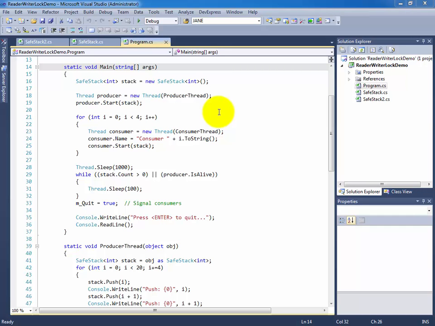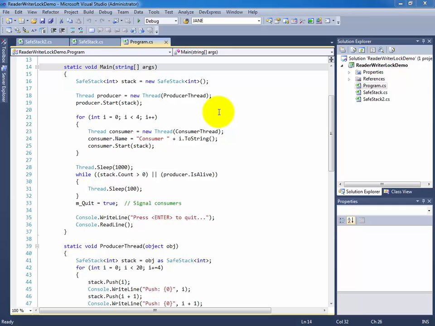changed. With the reader-writer lock, we can accomplish that quite easily, because when you enter a read lock, basically anything else that also wants a read lock, they can all team up together to read at the same time. However, when a thread requests a write lock, as soon as all the reading that is currently going on is done and all the readers have released their locks, then the writer lock will obtain a dedicated lock by itself so it can make changes. Then everything else that also requests a lock after that is queued up until that writer is done performing its